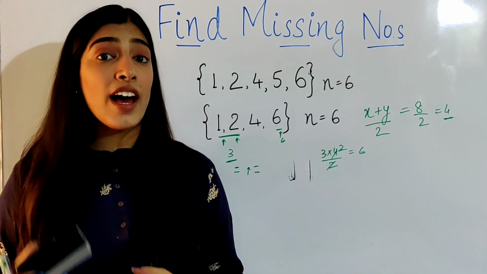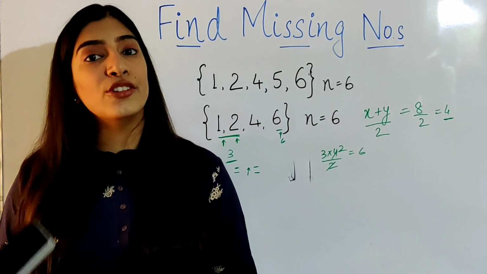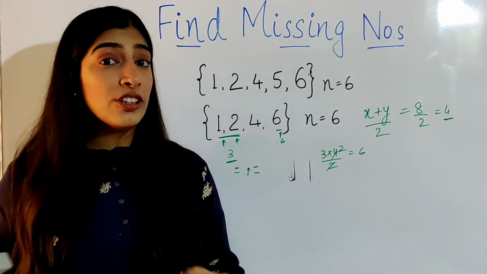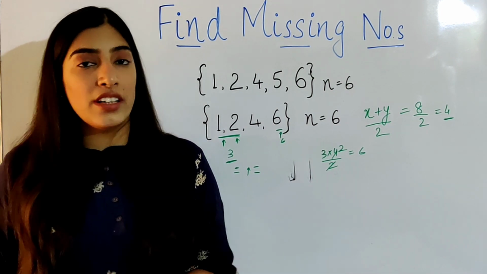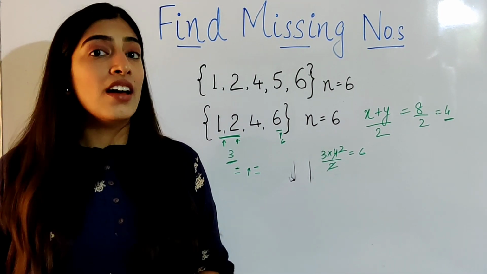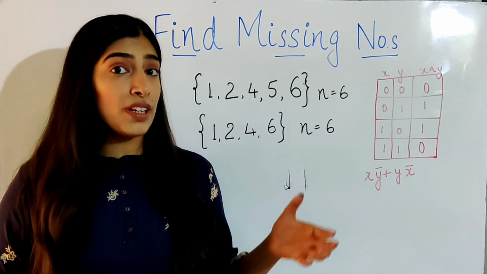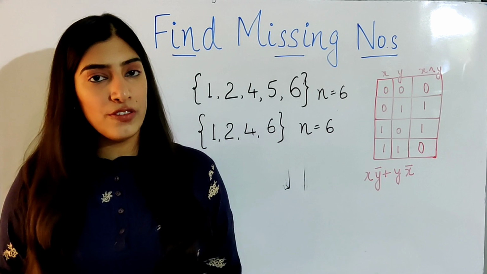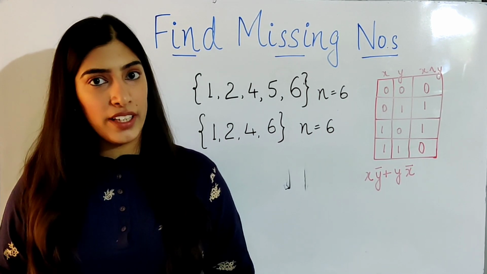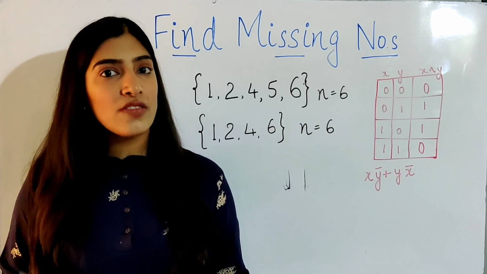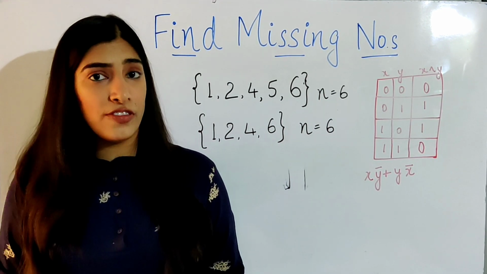But again, if the value of n is very large, then even finding the sum can lead to overflow. So you are usually expected to give a better answer to these questions in an interview or in a competitive programming question. In our previous approach, we had already reduced the space complexity from order of n to order of 1, since we were not storing any extra values, we were just calculating the sum. Our final solution will also have space complexity of order of 1 and time complexity of order of n.